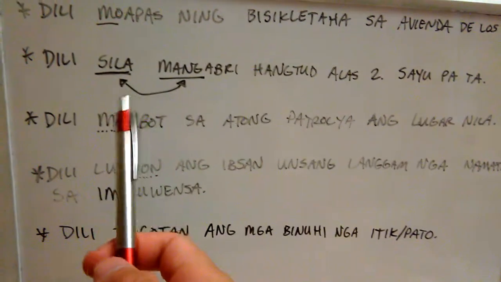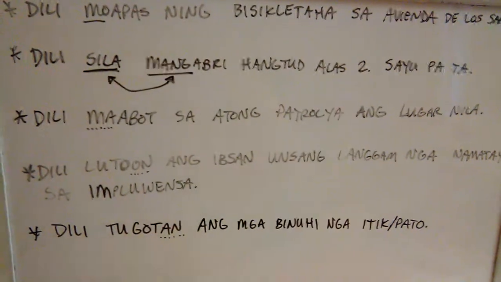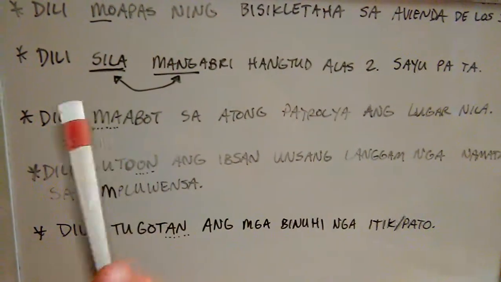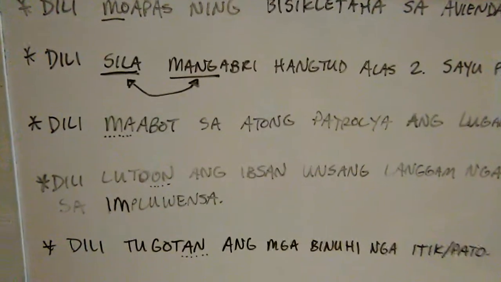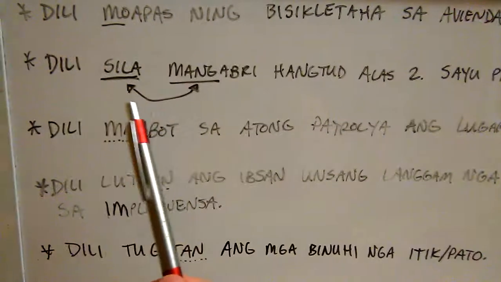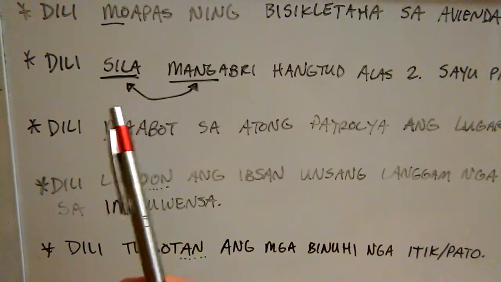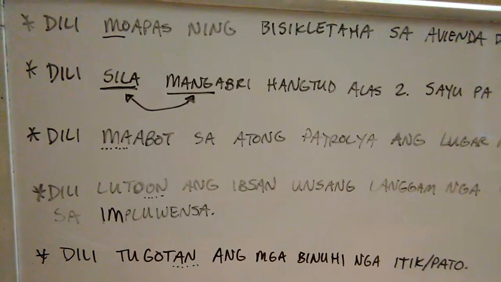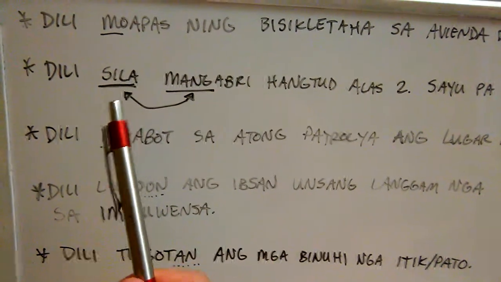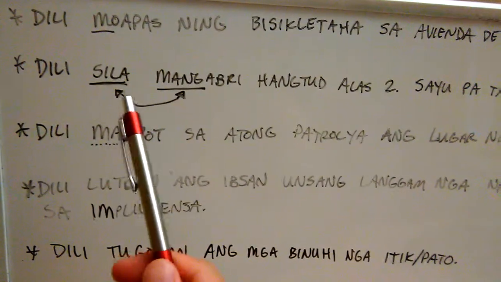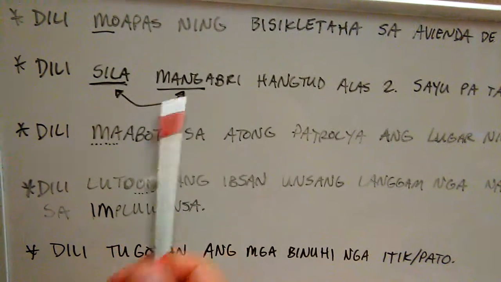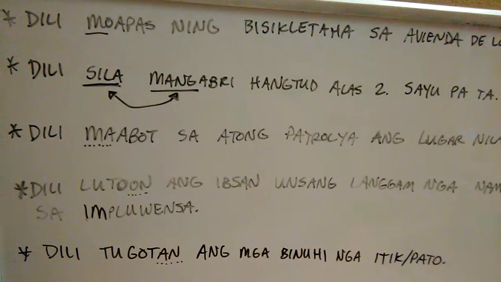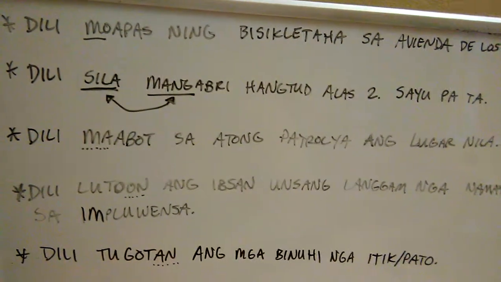Next one, we have dili sila mga bre hangtud alas dos. Sayo pata. All right, cool. We're still early, right? So dili sila mga bre hangtud alas dos. Well, this one, if we're gonna put a subject pronoun here, in this case, it's an absolutive case, right? A pronoun in the absolutive case, or I guess I should say an absolutive case, right? Pronoun. You're gonna want to put the pronoun either first or second. Again, it doesn't matter because Cebuano has that whole affinity to becoming a verb initial language, right?